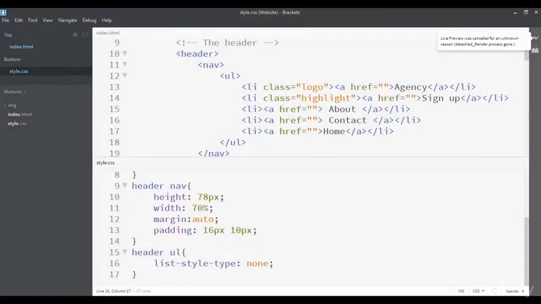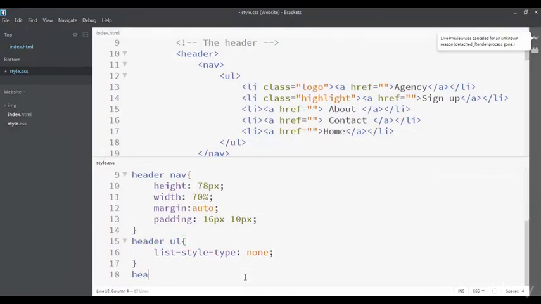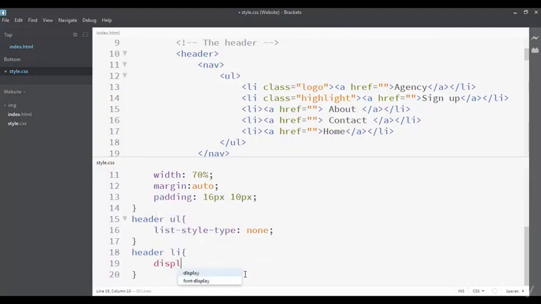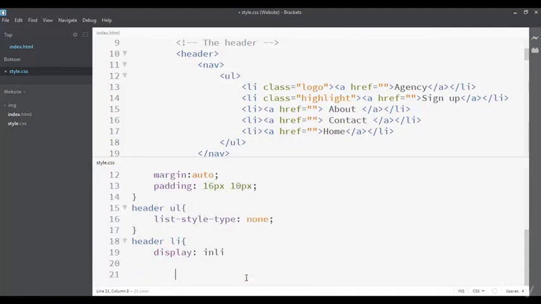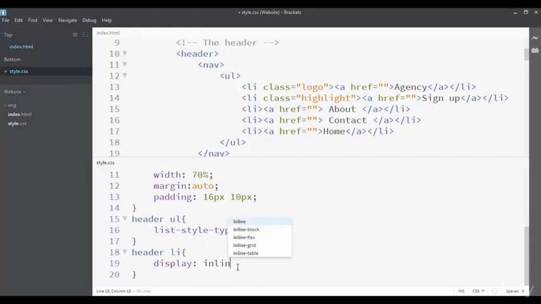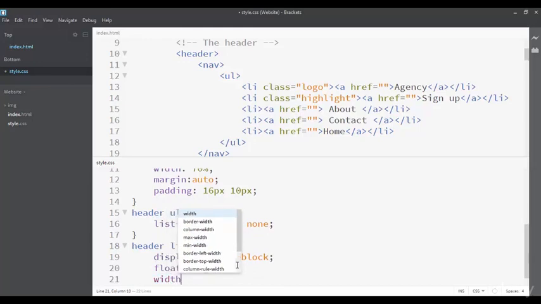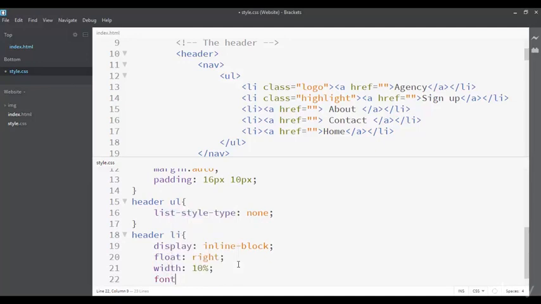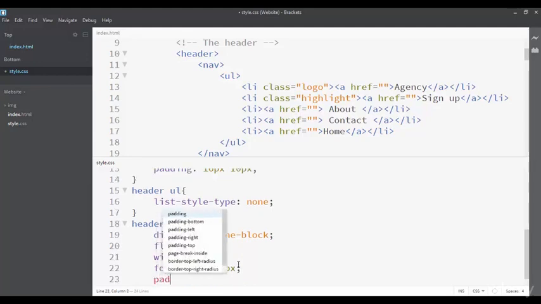So let's go back to the text editor and go to the list items, and so display inline block, I'm sorry for that, inline block, and let's make them float on the right side, and let's give them a width of 10%, and the font size will be 20 pixels, and the padding top will be 10 pixels. So if we try to see the final result here,